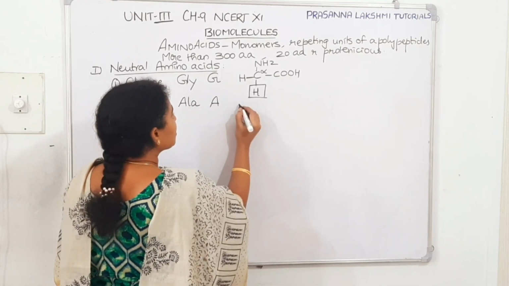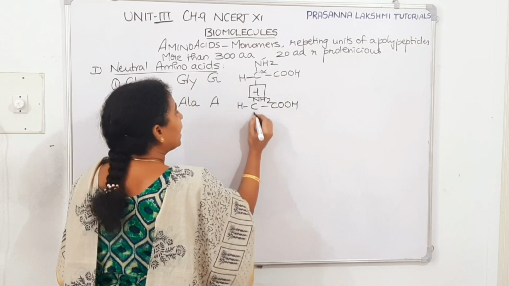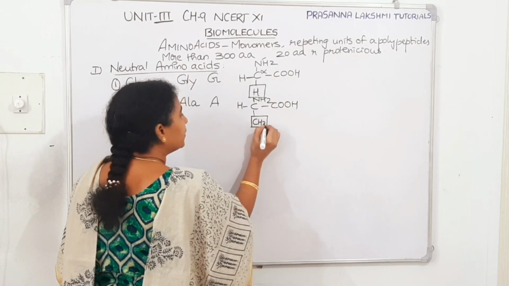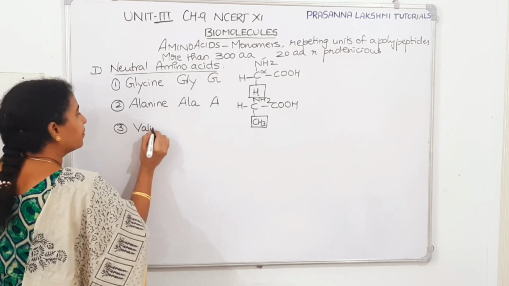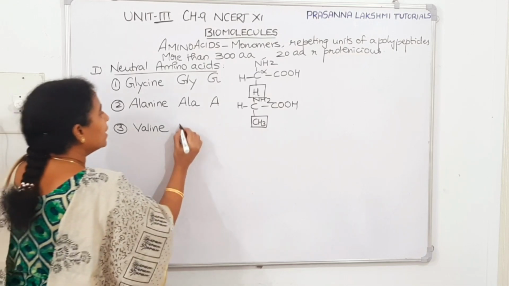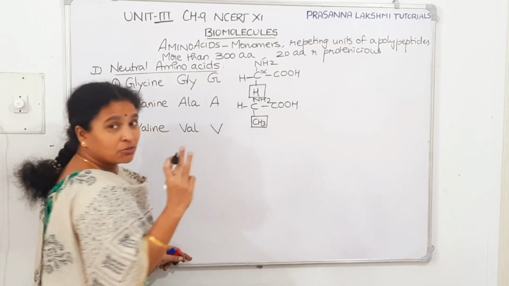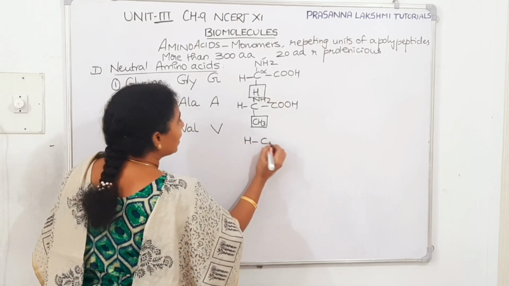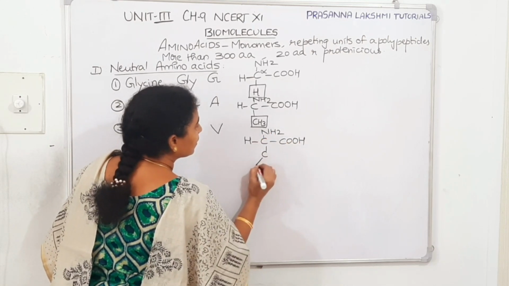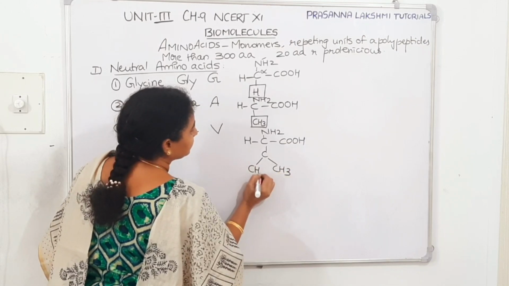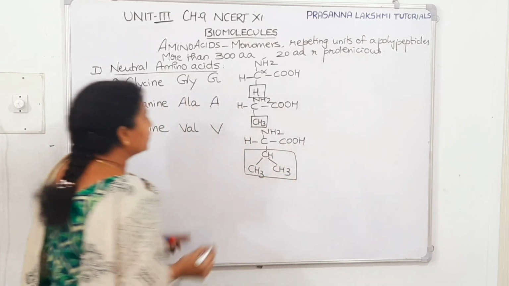So we'll draw the same structure. Here is the amino group, here is the carboxylic group, and the R group becomes a methyl group. Then that is alanine. So glycine, alanine, then we go with valine, which is also a neutral amino acid. The 3-letter representation is VAL, single letter representation V. So the R group will be 3 methyl groups. Write down H here, alpha carbon, take the amino group, write down the carboxylic group also, and here just do it like this. If this is the R group, it becomes the third amino acid, which is valine.